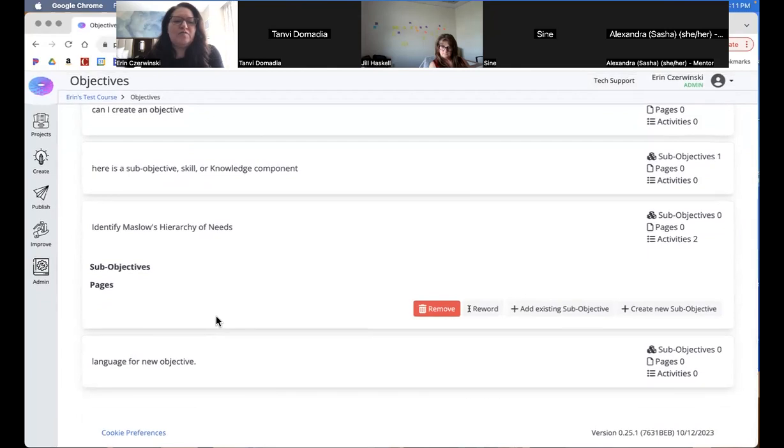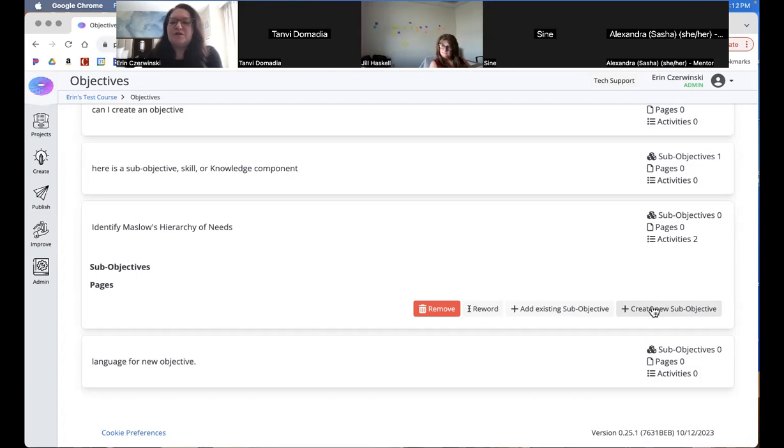And if you have any sub-objectives within the learning objective, you can select Create New Sub-objective. You might find through your CTAs that you need to modify your objectives, but you also might want to document specific skills that you want to make sure you're providing enough practice on or collecting data on.